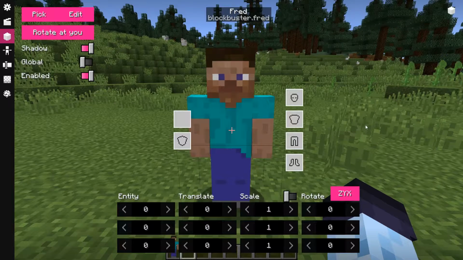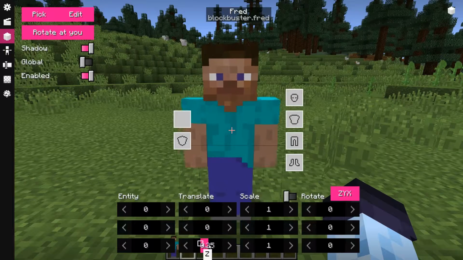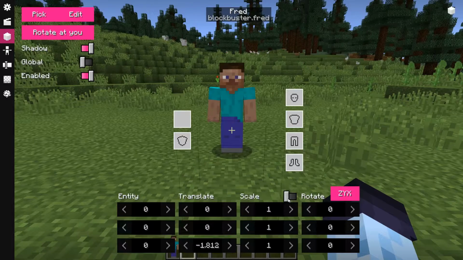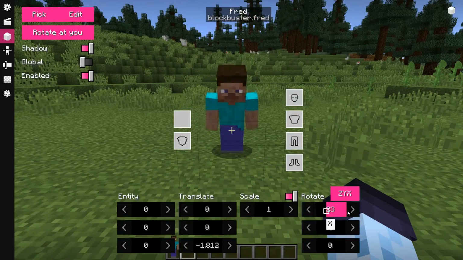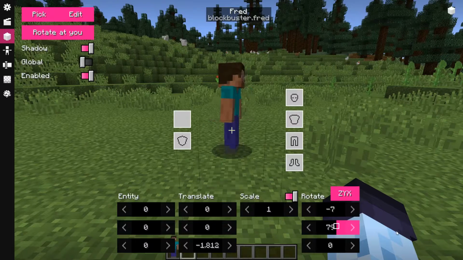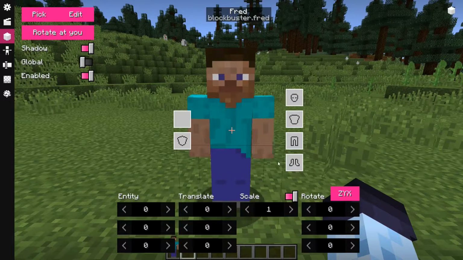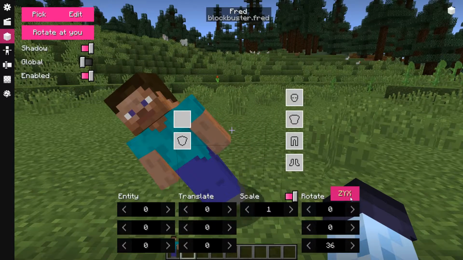The Entity, Translate, Scale, Rotate fields allow you to position and orient the morph picked in the world relative to the model block. Translate moves the morph, Scale scales, and Rotation orients the morph, just like in the pose editor. The only difference here are entity fields and the ZYX button. The ZYX button allows you to switch between two different rotation modes, ZYX and XYZ modes. The difference between these is in which order rotation is getting applied. It's something related to math, blah blah blah.